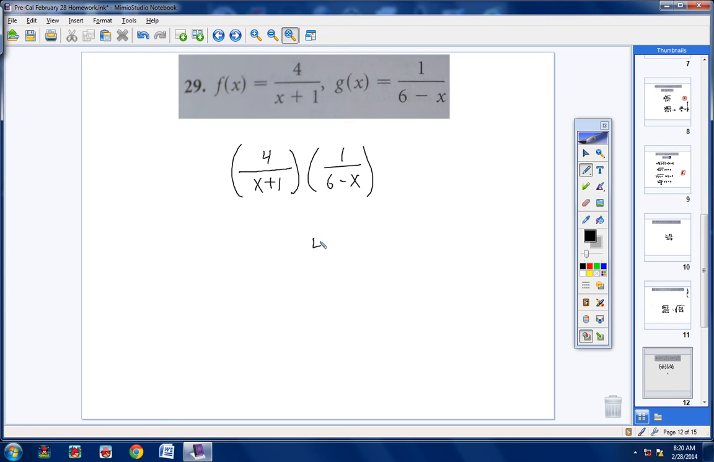4 times 1 is 4. And again, this is algebra 2. I'm not going to do all this for you. X plus 1 times 6 minus x would be x times 6, x times x, and then you would take a positive 1 times 6 and a positive 1 times negative x. If you do all of that correctly, you will end up with negative x squared, positive 6 on the end,